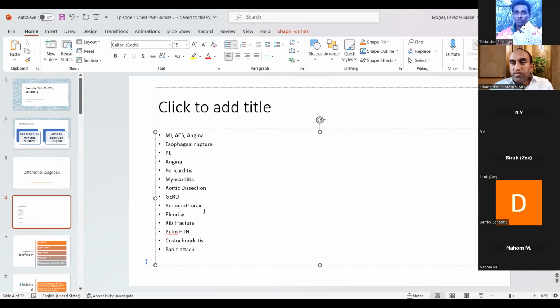Excellent. Pneumothorax stays for now, at least. Like you said, it may present with chest pain, it may present with shortness of breath. It tends to be acute, whether spontaneous or trauma related. There is no trauma in this patient. Most probably it's going to be spontaneous pneumothorax. So it can stay for now, and we will see whether it's going to stay there or not. Pleurisy. So, Doctor, yes, go ahead, please.